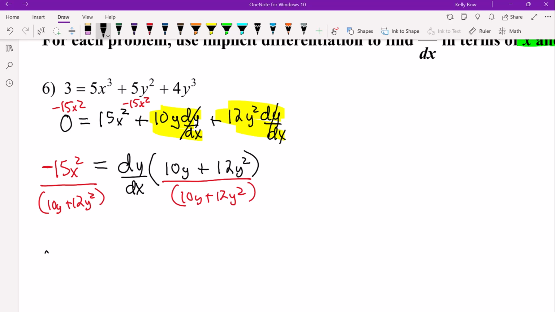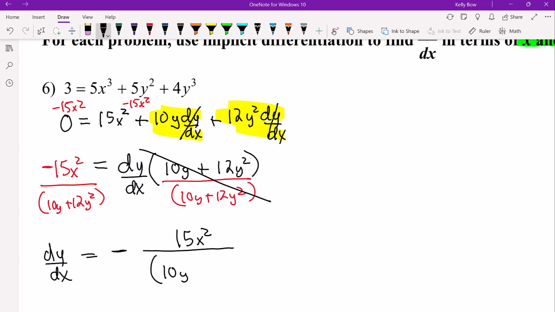And then I'm going to write the dy/dx on this side. So we've got a negative sign. I'll put that in front of the fraction. So I have negative 15x squared over 10y